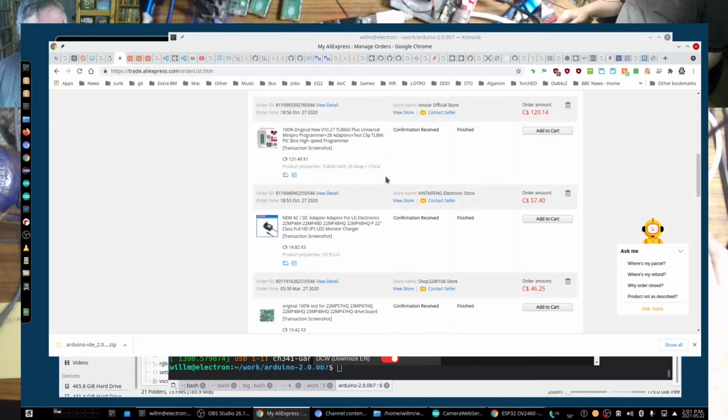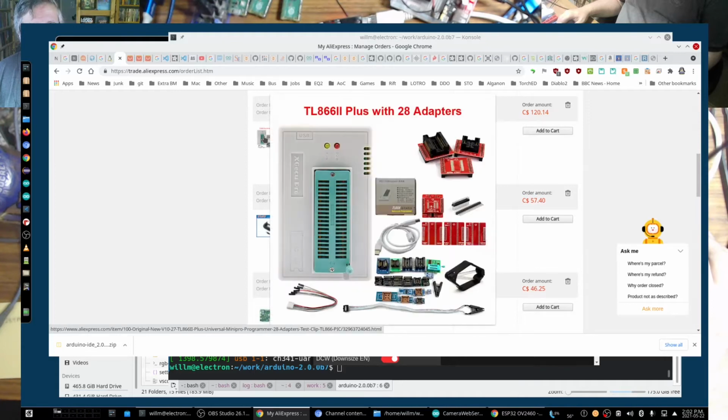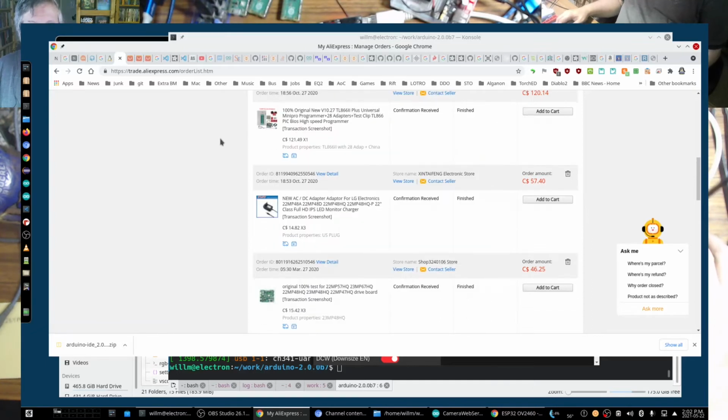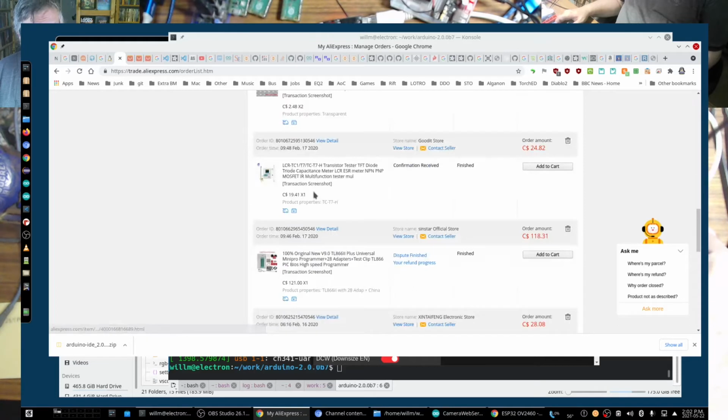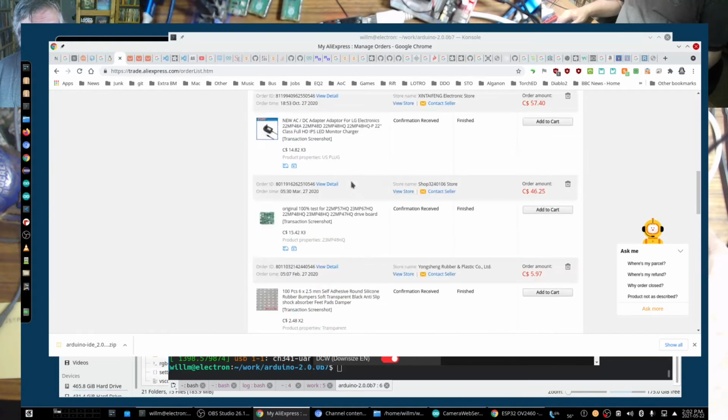I did finally get this. This is a flash programmer. You can program a whole ton of stuff, but also it doubles up as a 74 logic TTL chips and stuff like that tester. You can drop the chips in when you run the software. Now, the only thing I haven't done with this is the problem is the software needs Windows. Not a very current Windows, just needs Windows. So I was going to set up in here a Windows VM to do all this and then hook up to it. I had tried before